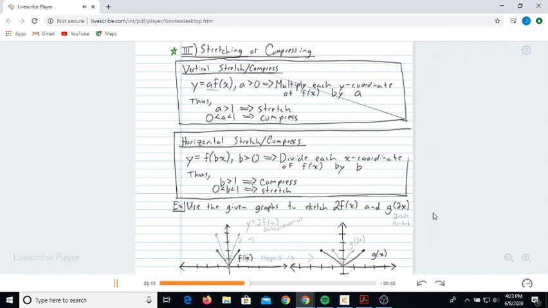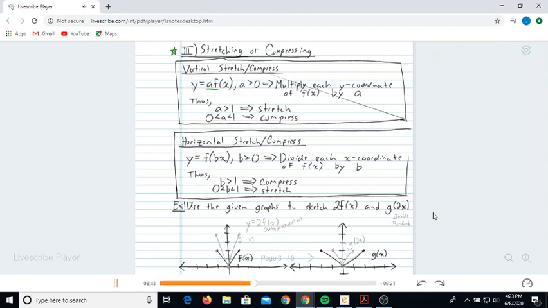So if I multiply by some positive constant a, it's positive so that we don't confuse this with a reflection. We're just multiplying each y coordinate by a. So if we multiply by a number bigger than 1, the numbers get bigger and thus we stretch. If we multiply by a number between 0 and 1, say 1/2, 1/3, 1/4, 0.15, something to that effect, it's actually going to make the y coordinates smaller and thus compress